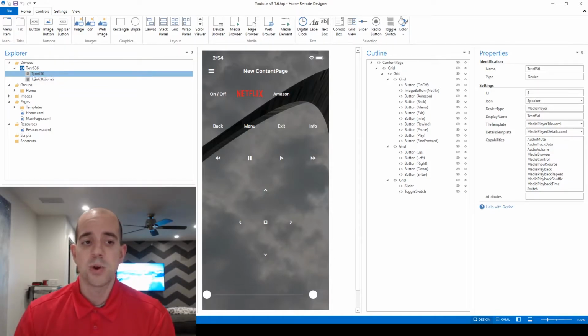In this case, it's pre-named it TXNR636. Now the Home Remote Designer is so smart that it already has figured out what type of capabilities are going to be supported with this device and listed them over there. If you're interested in what the commands are behind these capabilities, what you'll need to do is actually head on